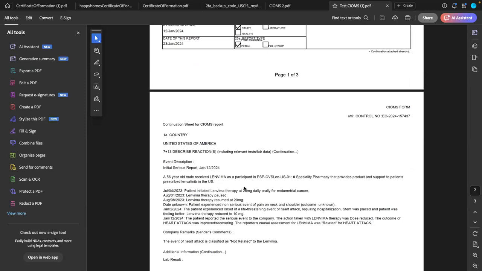So what happened with the patient in chronological order? From 4th July 2023 to, let us say, 12th Jan 2024, what happened with the patient? Some sites will send you a very detailed narrative. Some sites may not, like how this site has reported. So this is where you see the narrative, and it's good if you want to learn